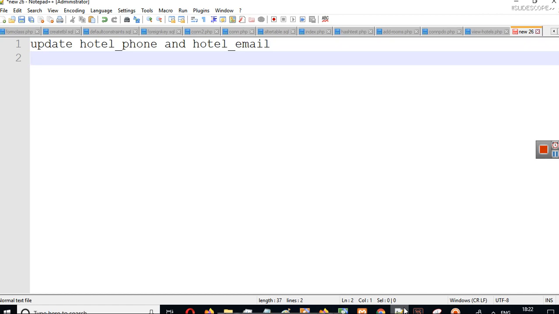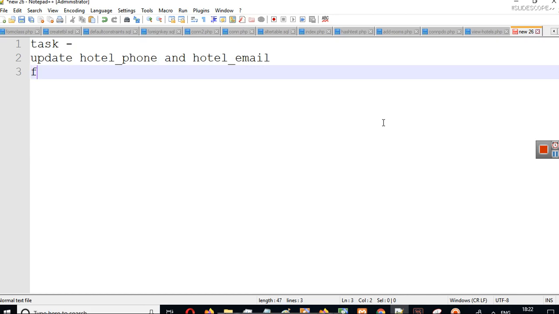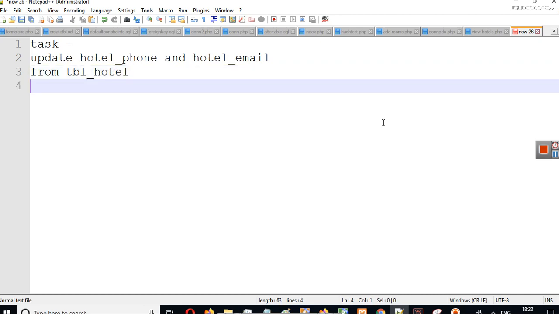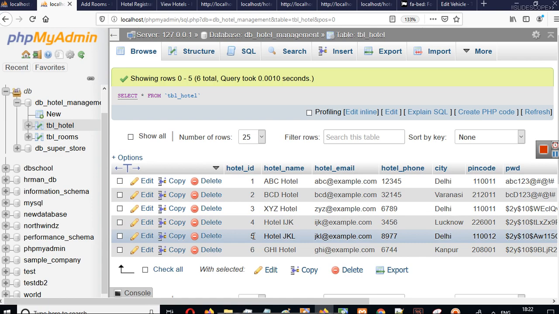Task is to update hotel phone and hotel email from tbl_hotel. So we have to perform this update on tbl_hotel, and then there will be a condition also. Where do you want to update it? Let's say where hotel ID is 5.